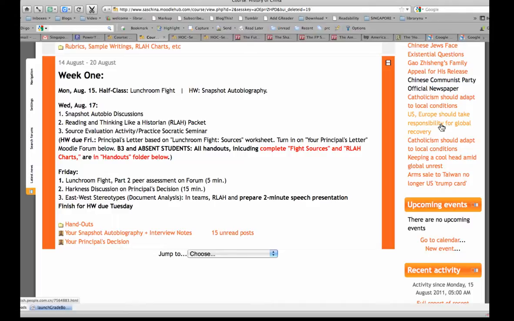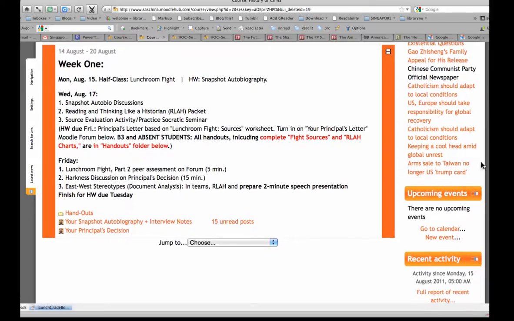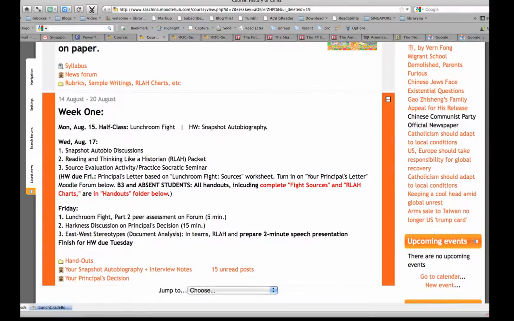You want to sort of sniff this out, because you will be doing a lot of work over this semester about the way that the West sees China and the way China sees the West, because it's a big issue for the future. It's interesting stuff. Religious freedom, Catholics in China, should they be free to do whatever they want, or should they adapt to local conditions? This is all really interesting stuff. U.S. arms sale to Taiwan. So you will learn a lot just by keeping up with the current events here.